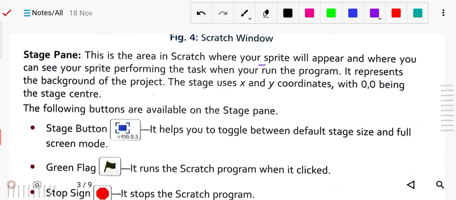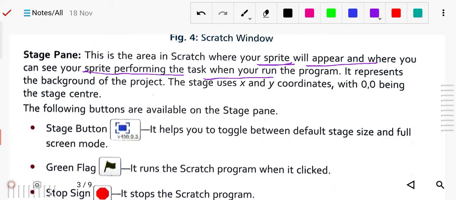Your sprite, that particular cat or any image, will appear here, and you can see your sprite performing, how it is moving or how it is working. The sprite performs the task when you run the program.